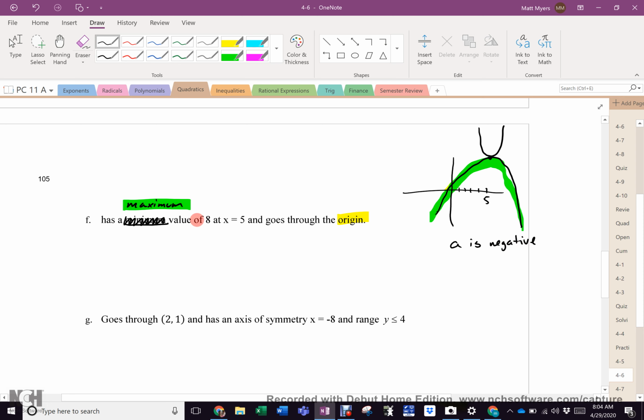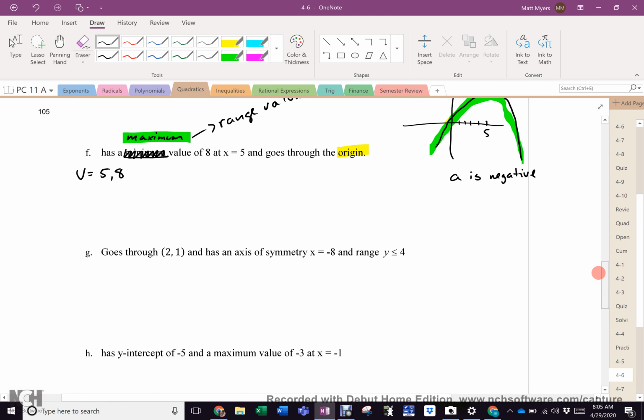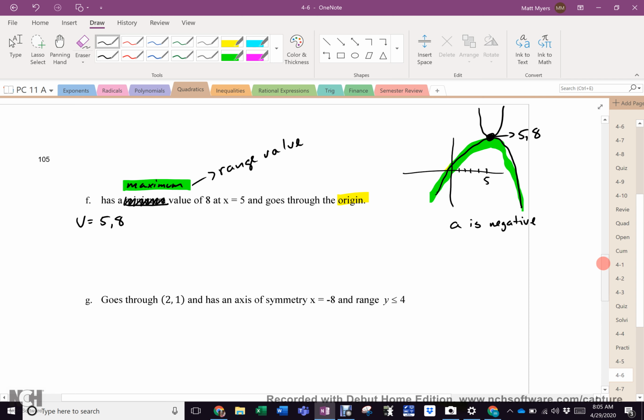Now, if there's a maximum of 8 when x is 5, what is that point right there? Well, we know x is 5, and since it's maximum, that's a range value. That must be y. 5, 8. So now you know the vertex equals 5, 8. So now you should be able to solve it. And that's what I'm going to get you to do today. You'll see the right answers. I'll post them tomorrow